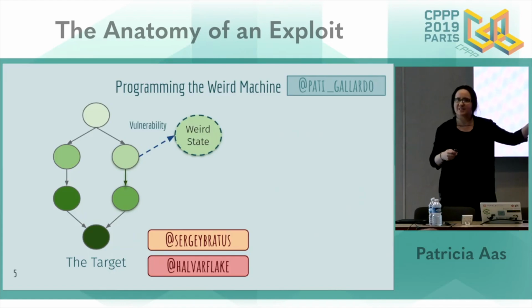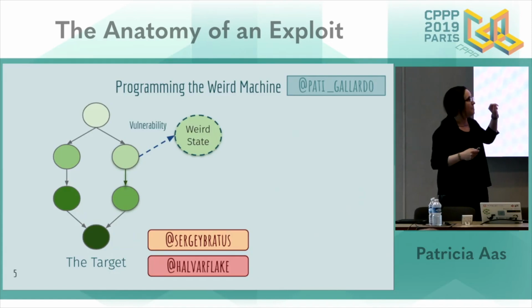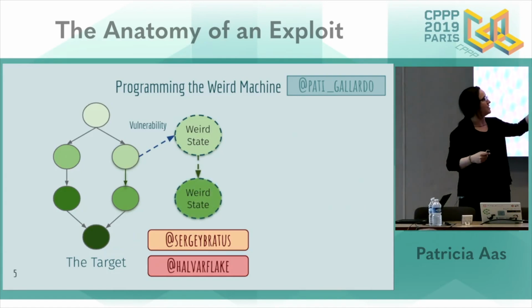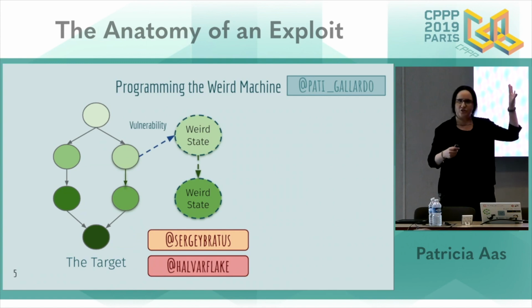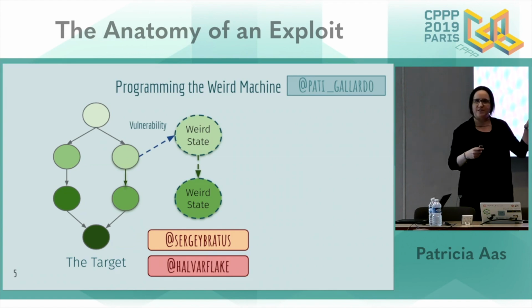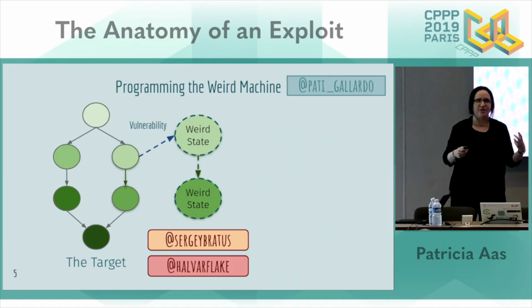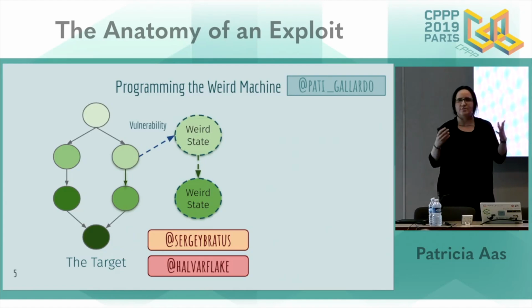So this is a whole other set of states. The idea is that you want to be able to control these weird states, control the transition from one weird state to another weird state. This is very hard because weird states are usually very unstable. They cause crashes. They cause memory corruption. They are inherently very unstable.